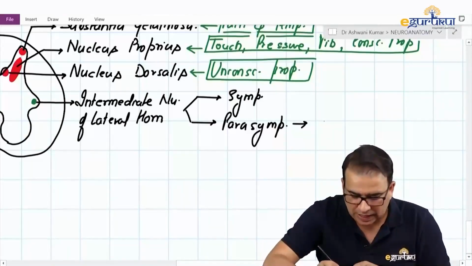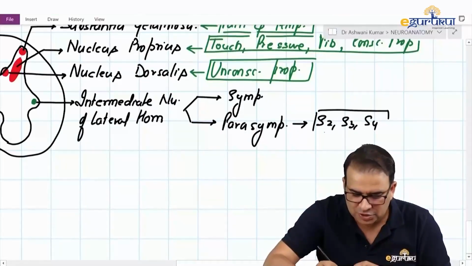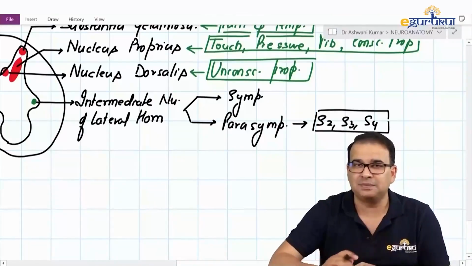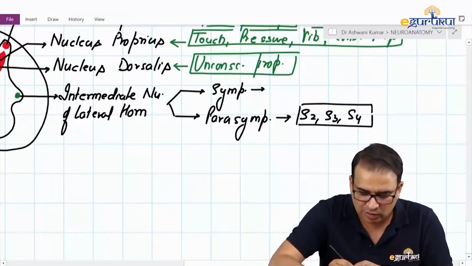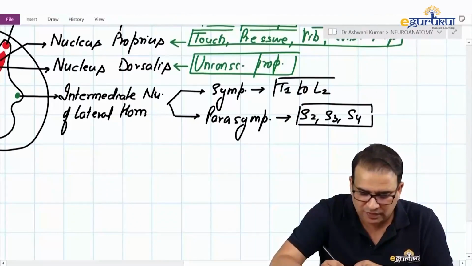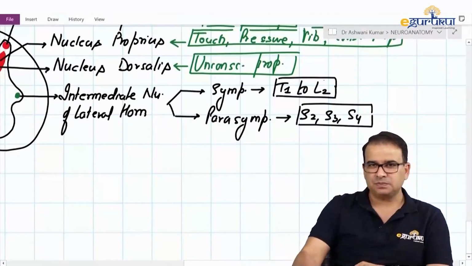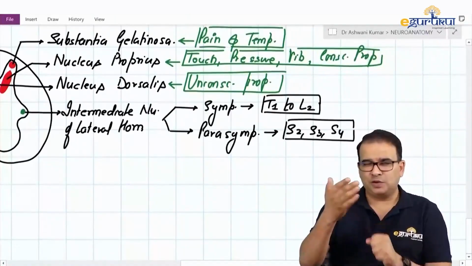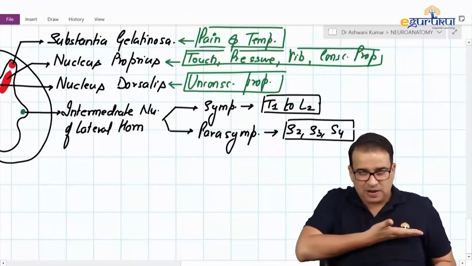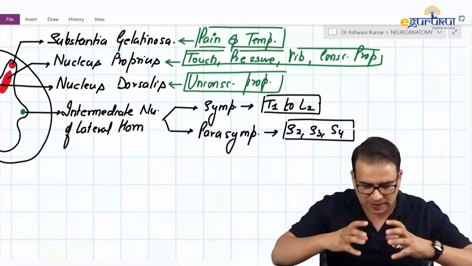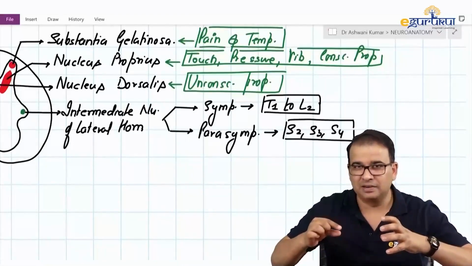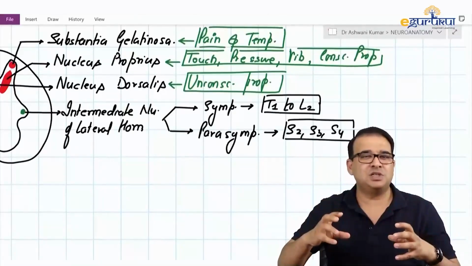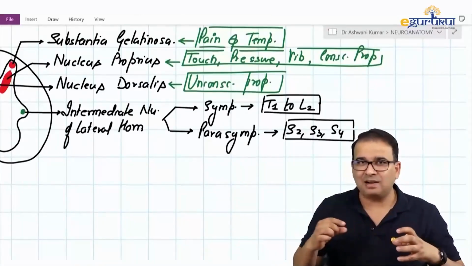So, S2, S3, S4, and which spinal nerves are sympathetic? Thoracolumbar outflow, and thoracolumbar outflow means T1 to L2. The nerves from T1 to L2, when they come out, have a sympathetic function. In different words, if you take a section of the spinal cord in the mid-thoracic region, and you look at it, there is a lateral horn present in it. So I have to presume, because the section is taken from the mid-thoracic region, that the lateral horn there